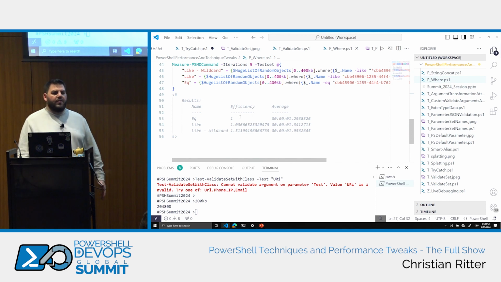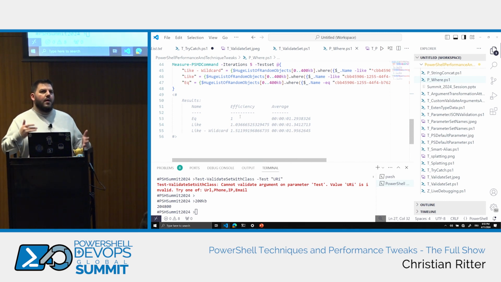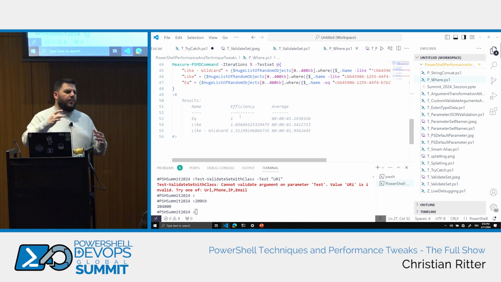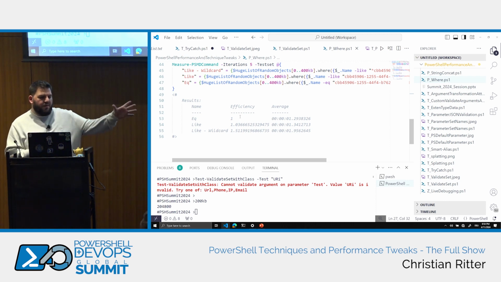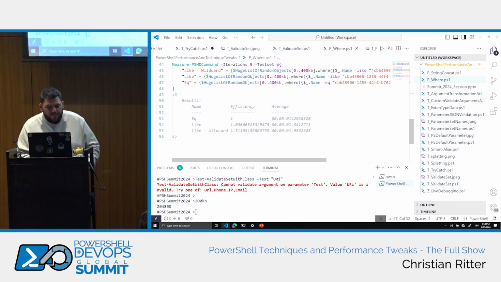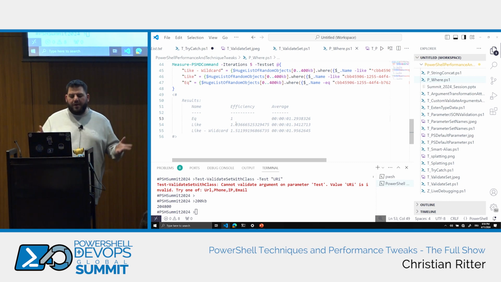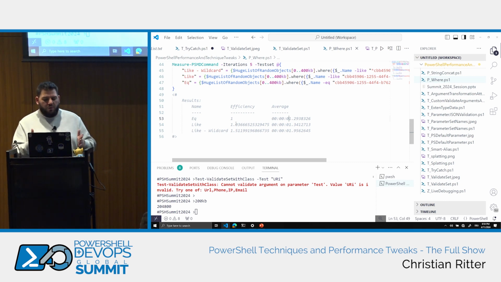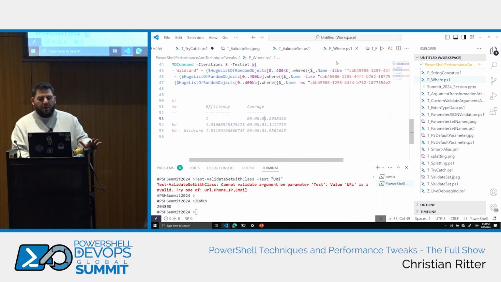And it is equals, because then it does not have to search for any wildcard to make use of it. It's just plain, is it this thing? Yes, perfectly. But as you can see, the difference here is not that much, because equals and like, as we don't have a wildcard in it, tend to be somewhat the same. Yeah? With a wildcard in it, then he just asked if it's maybe even longer. Is it for the next line longer or the next line? So this is somewhat a little bit slower, but yeah. So just to have made a proof, we are good to go for the next